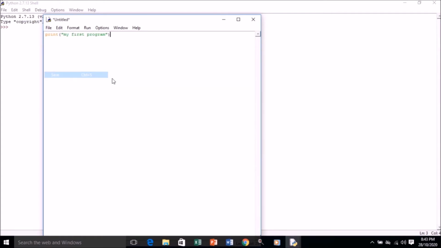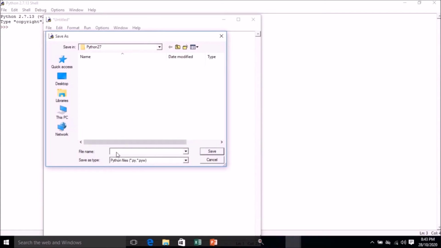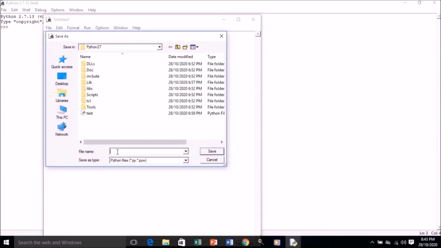We have to save and then only we can run this file. So here I'm saving it, and I'll type the name, any name you can give. I'll be giving the name as T. Okay, so that's the name, and the files are always saved with the extension .py. In Python the files are saved with the extension .py. So I'll click on the save option.